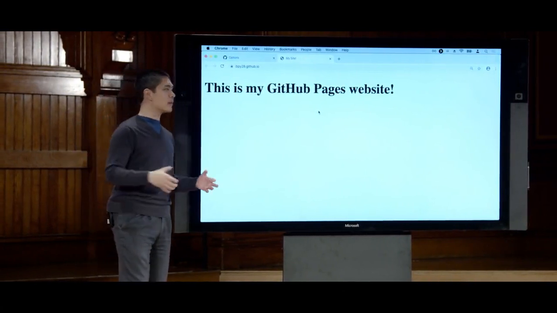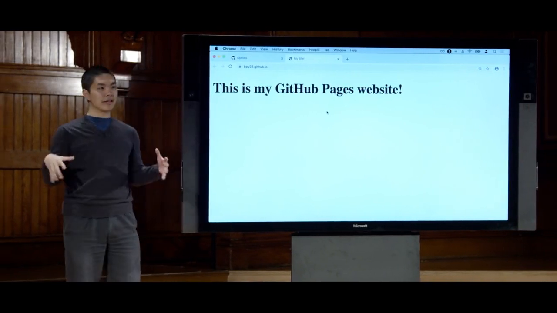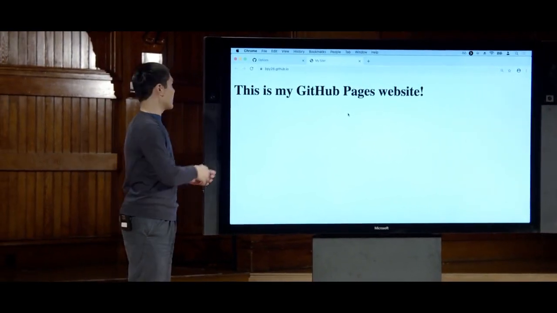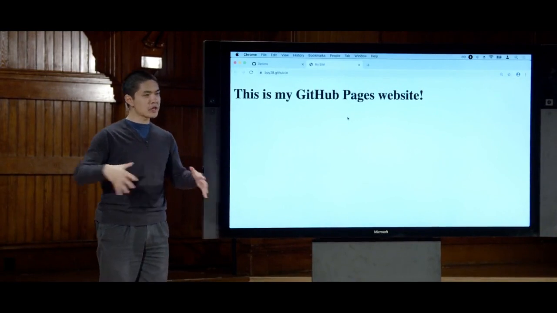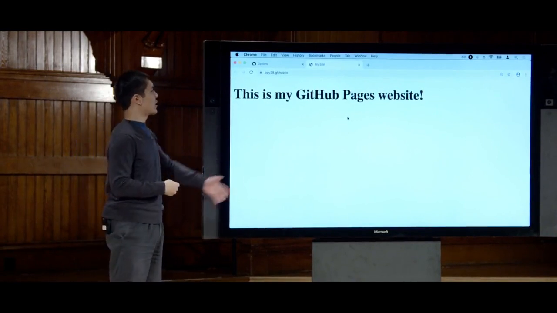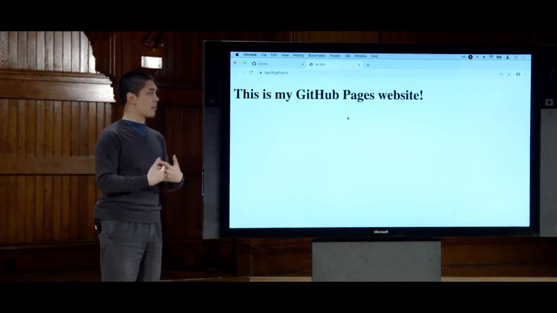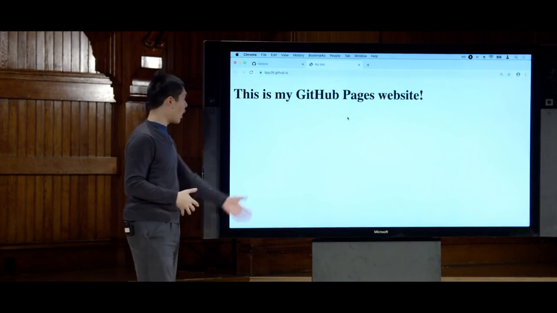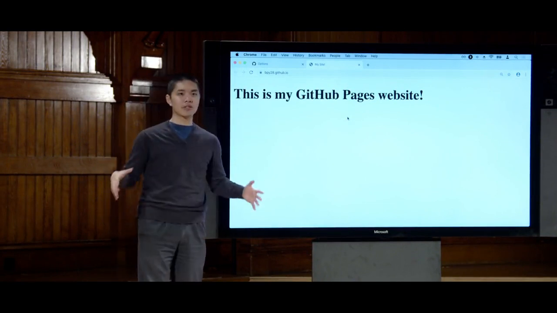And the advantage of doing this is that it's very easy now to be able to quickly update my website. All I need to do is, if I make a new change, I can commit that change, push that change to GitHub, and when GitHub detects that I've made a push to my GitHub Pages repository, then it will update my website that anyone in the world can access by going to